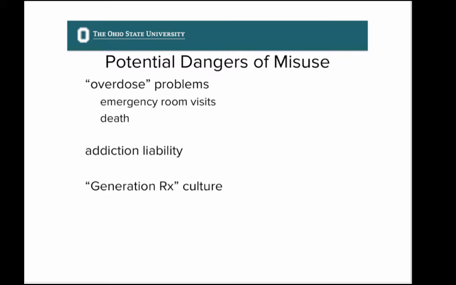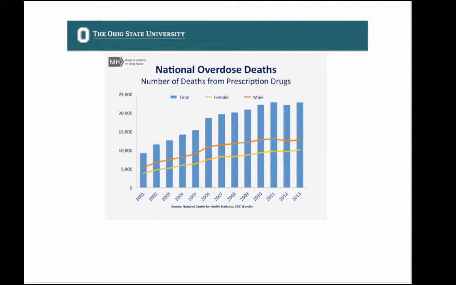The second potential danger from misuse is addiction. So addiction is defined as a compulsion to use drugs, to use them in doses usually bigger than what is intended, and a loss of control over the amount of drug use. People with characteristics of addiction will continue to use the drug in spite of adverse consequences. The extreme on this is those smokers who have recently had part of their throat removed because of cancers caused by smoking, and then will stick a cigarette in the scar that's left, the hole that's left, in order to continue using their drug.